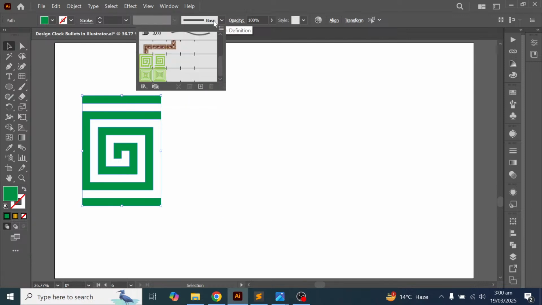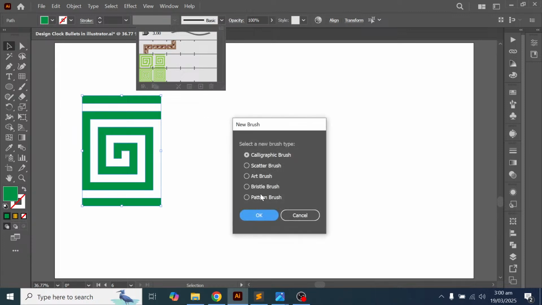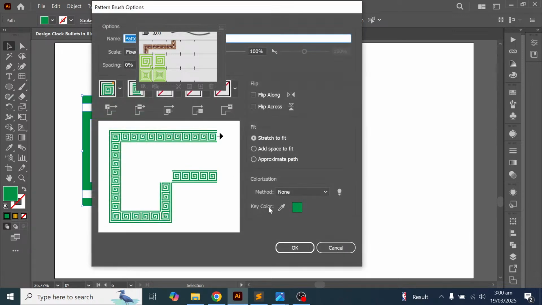All we have to do is create a pattern design. A pattern design automatically molds the artwork as per the path. So click on New. While this shape is selected, click on New and select Pattern Brush. Click OK, and simply